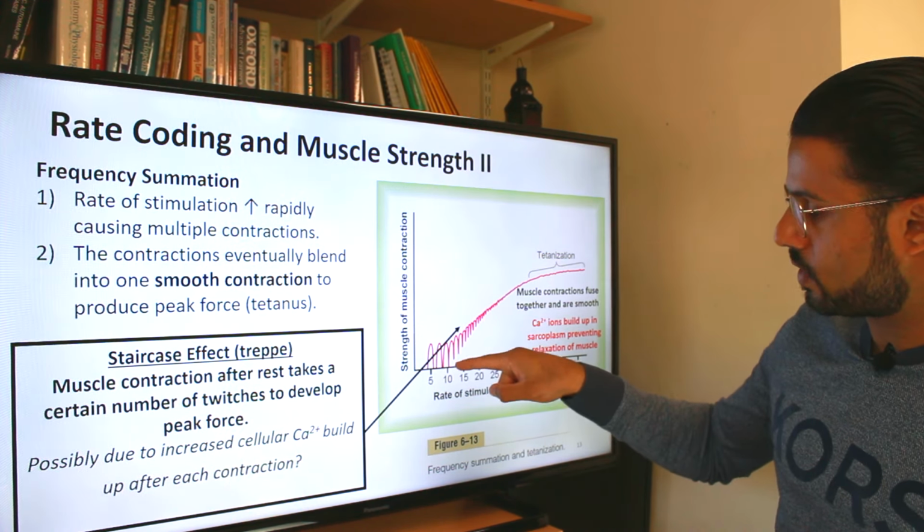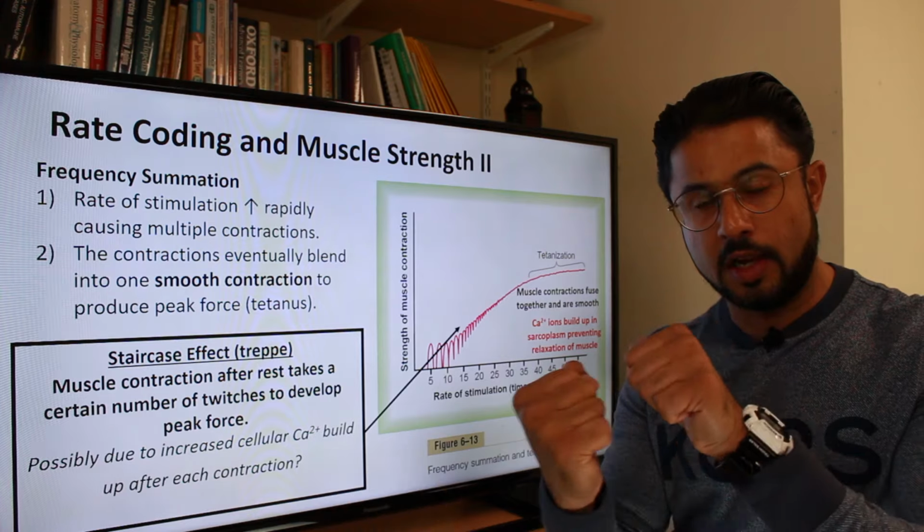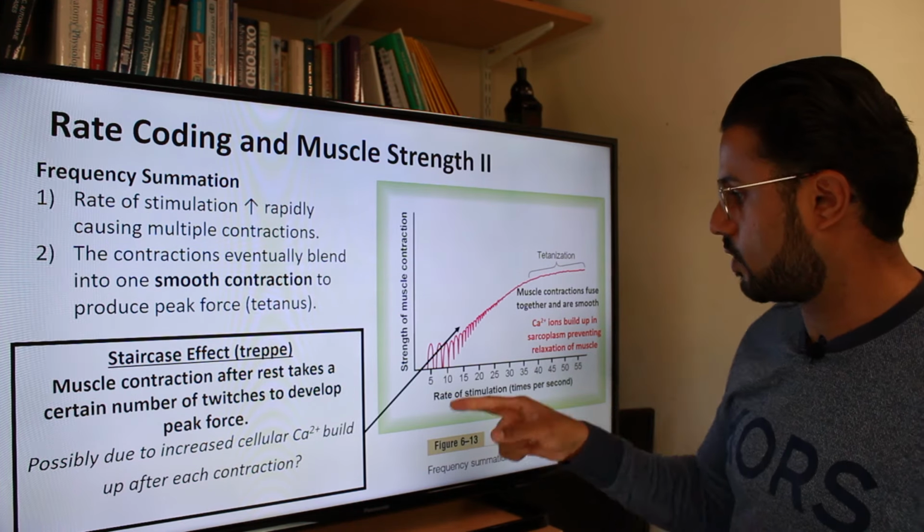And essentially what's happening each time you have this stimulation of the muscle, calcium is being released into the muscle cell. Calcium is extremely important. You cannot have a muscle contraction without calcium. So every time an electrical signal goes through the motor unit to the muscle fibers, calcium is released from the sarcoplasmic reticulum. It actually causes the myosin head to be able to attach to the actin filament to cause that shortening of the sarcomere and a contraction.